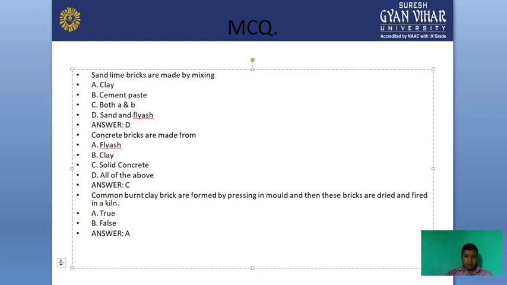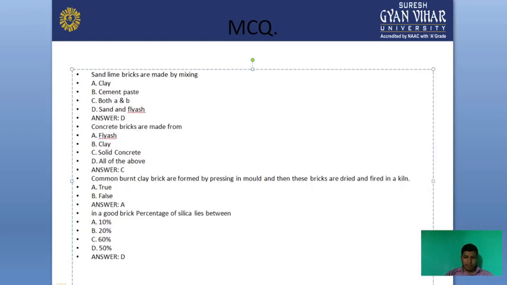नेक्स्ट क्वेश्चन है: Common burnt clay bricks are formed by pressing in a mold and then bricks are dried and fired in a kiln. Is it true or false? कि जो भी एक ब्रिक है हम उसको एक प्रेस करने से या मोल्ड में रख के या फिर उसको ड्राई करके ओवन में अच्छे से थोड़ा सा हीट पे रख के किलन में, क्या ये पूरा जो प्रोसेस हम करते हैं ब्रिक्स की फॉर्मेशन में, ये सही है या गलत है? तो इसका राइट आंसर होगा ट्रू, बिल्कुल सही प्रोसेस है ये।